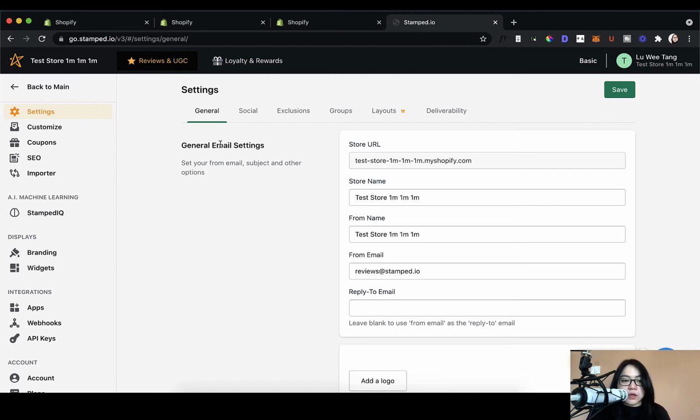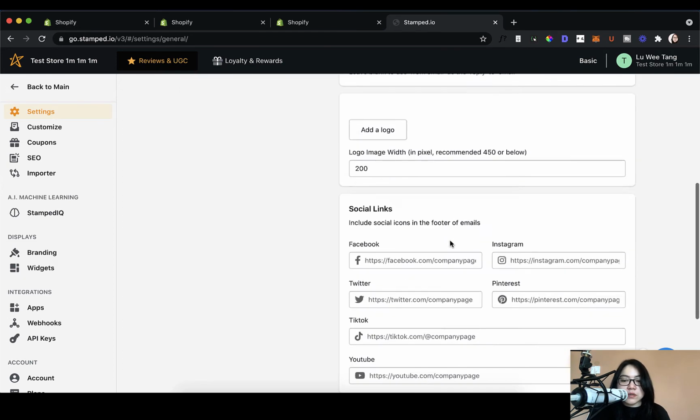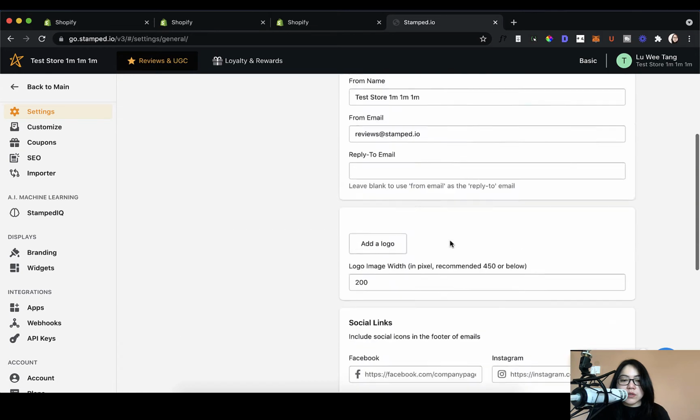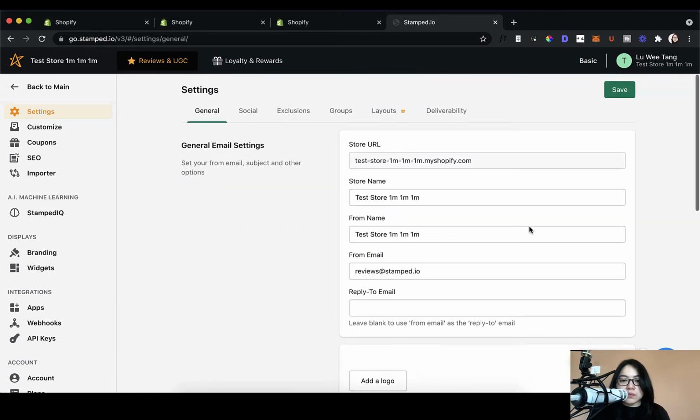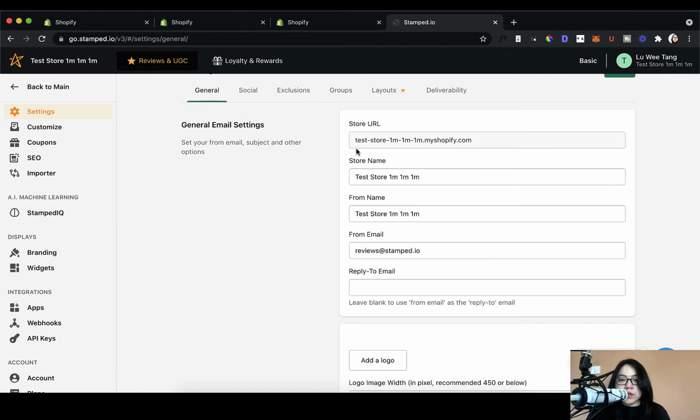Okay, so if you click into settings, these are the general settings. As I mentioned earlier, you can edit them here. You would want to edit these to make sure that they are displaying the correct names. Let's say my store is selling sneakers, like a make-believe Forever 21, something like that. So the from name would be